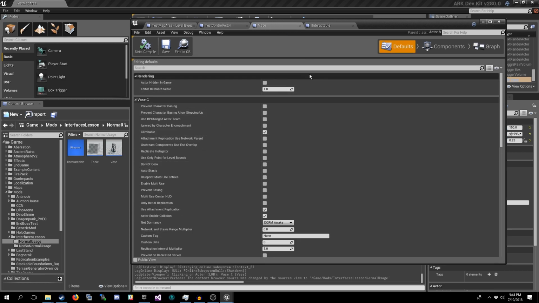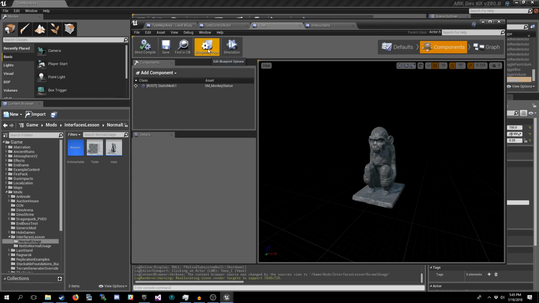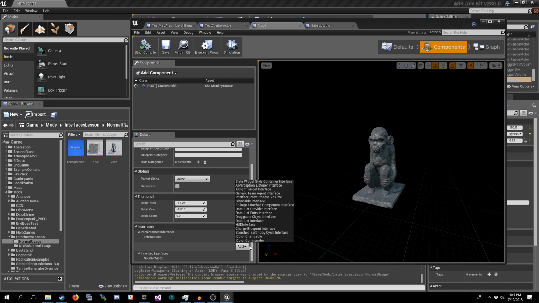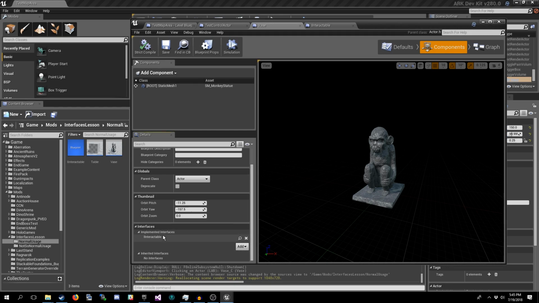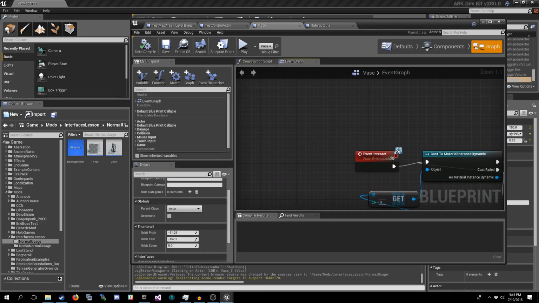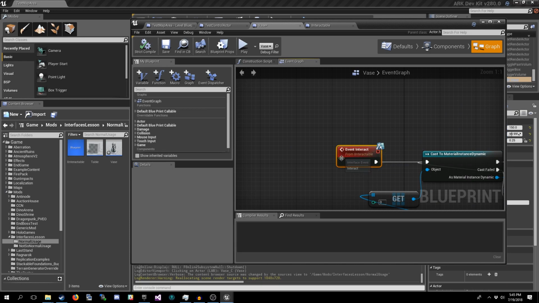Components, Blueprint Props, and Implemented Interfaces. You just come down here and you select it from the list. When you add an interface, it will add the function declarations to that class. Okay?